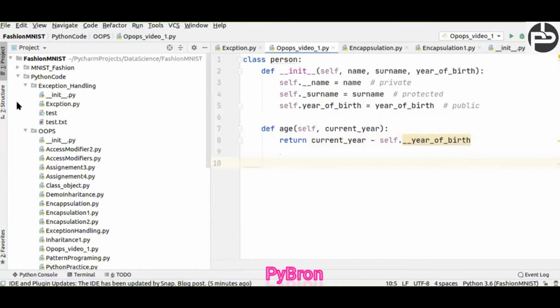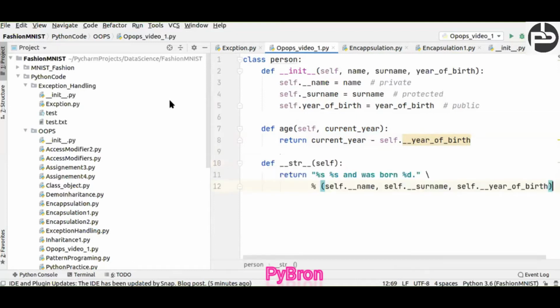Also, in the last class we saw the __str__ method. Whenever we create an object and print it, by default it prints whatever we write inside the string. Suppose the return is with percentage s placeholders. The first %s indicates the name, the second %s indicates the surname, and the third %s indicates the year of birth.